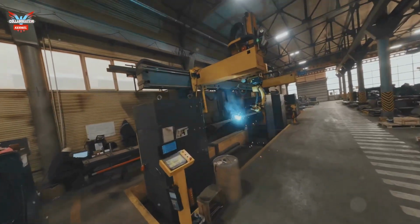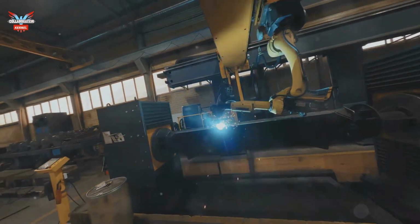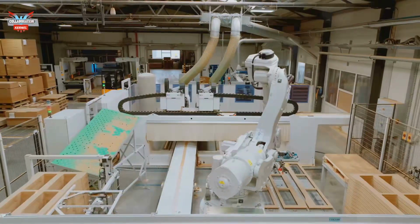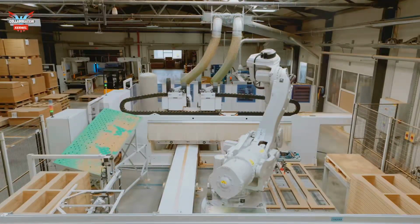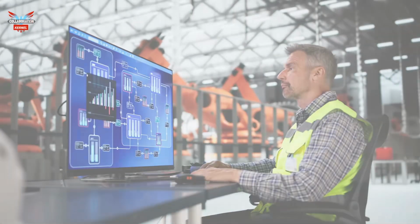Key benefits of machine learning in manufacturing include automated visual inspection systems, real-time process optimization, enhanced product quality prediction, improved production scheduling, automated inventory management,